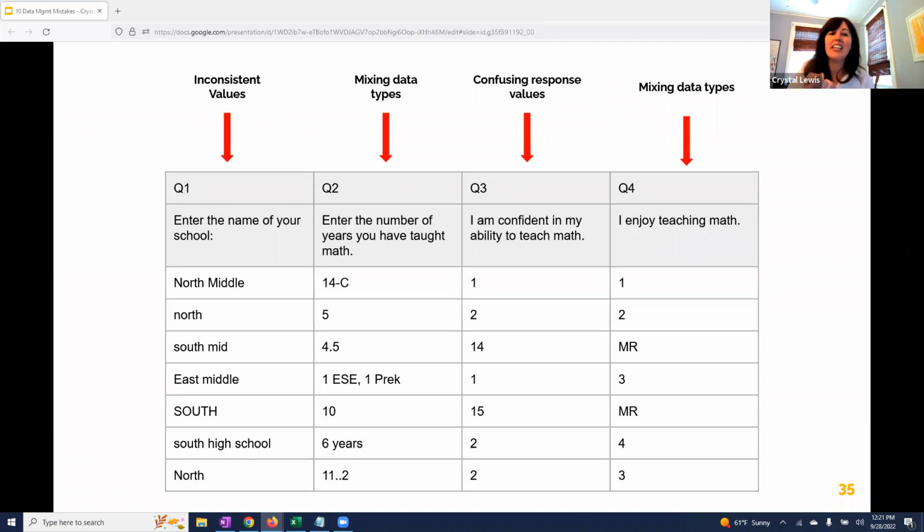And these kinds of data anomalies happen all the time. How many of you have downloaded your own data set or received a data set that looks like this? Just messy, right? So this is an example of a data set that was exported from a data collection tool like Qualtrics. And quantitative data have several structural rules that need to be followed in order for it to be analyzable. And this data breaks several of those rules. So let's talk about this data real quick.